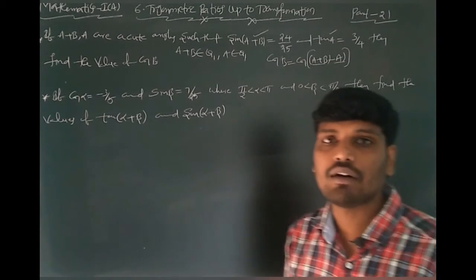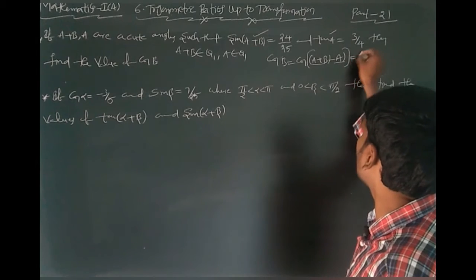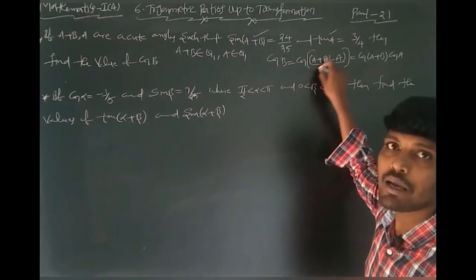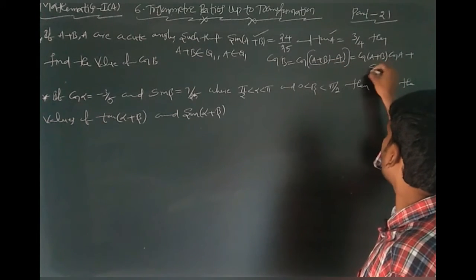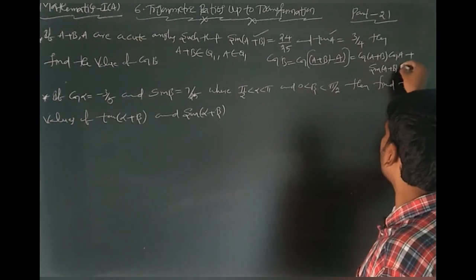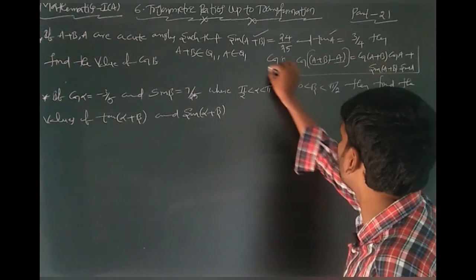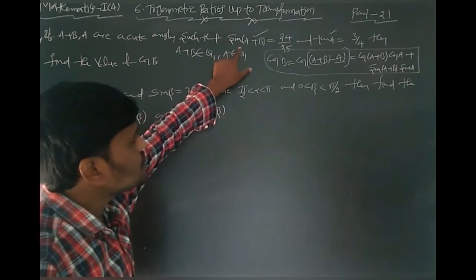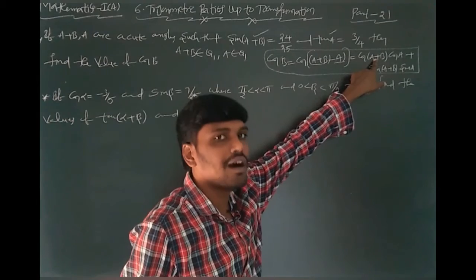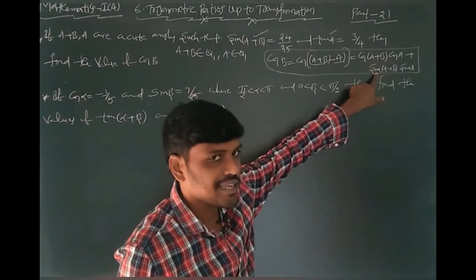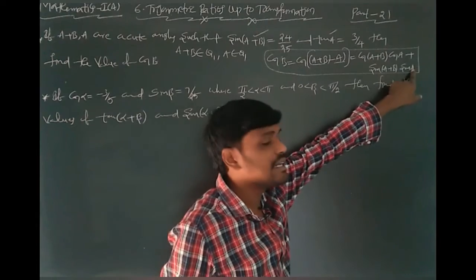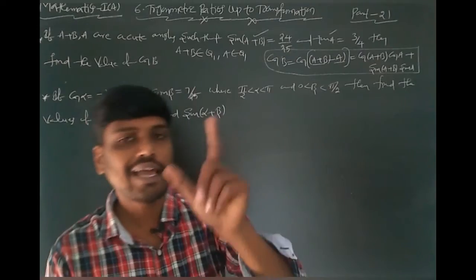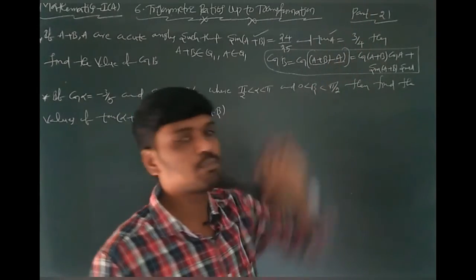Here this is A, this is B. Cos A minus B formula: cos A cos B plus sin A sin B. Here the A value is A plus B and the B value is A, so cos of A plus B into cos A plus sin of A plus B into sin A. This one is the formula. In this formula, first of all, using sin A plus B, you can find cos A plus B. Already sin A plus B value is there. Using tan A, you can find sin A and cos A by using the previous problem model, right angle triangle and Pythagoras theorem. This is the first problem.